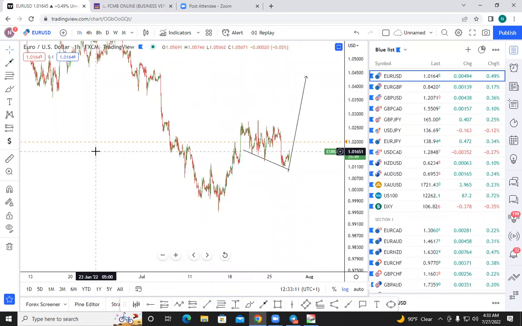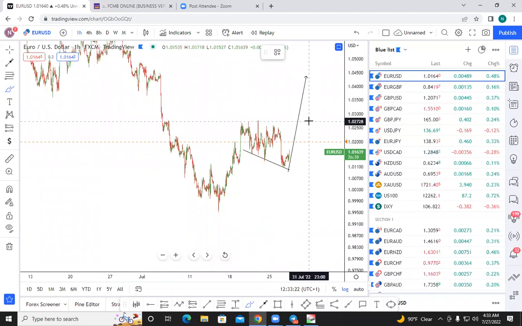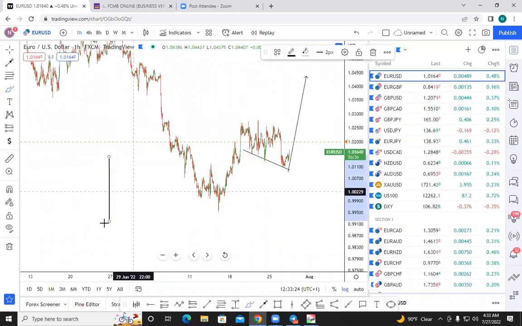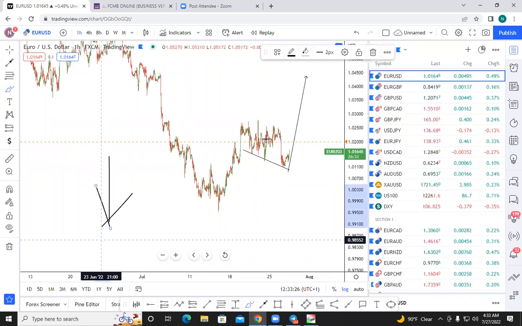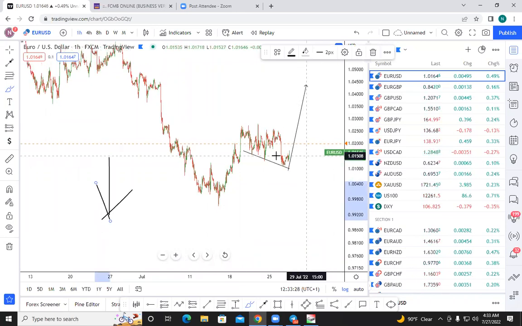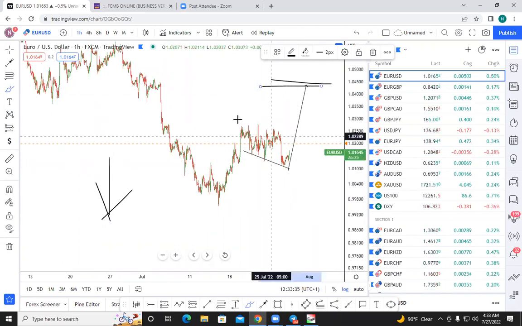But because we're expecting a rate hike because of the current inflationary pressure in the United States, that rate hike will definitely break down euro dollar. So I don't think that euro dollar can get to this level before that news release. So if we are thinking that it cannot get to this level before the news release, then it means